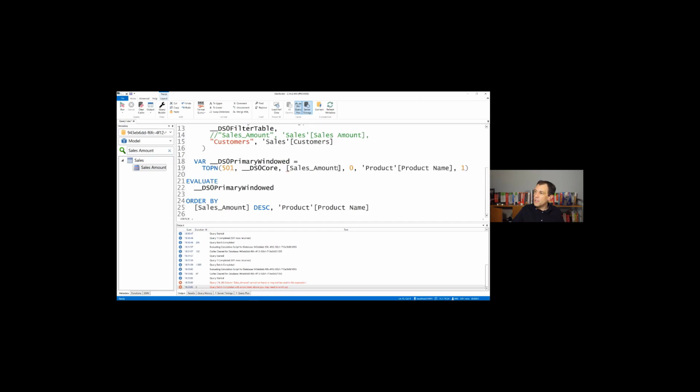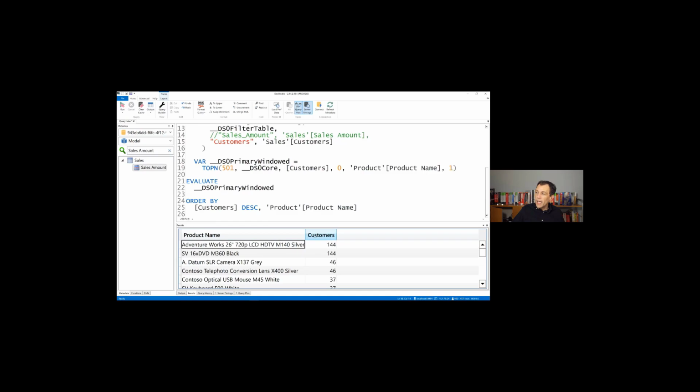So if I don't use sales amount here, let's say I use customers. It was used for the sort order. So sometimes you have to adapt the code so that you don't have references to something that you commented out. So if I run this query again, at this point, I have only the number of customers,